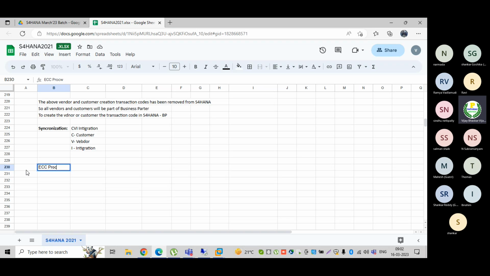first let me explain the ECC process. The steps in the ECC process for vendor groups and number ranges: step number 1, define vendor groups.